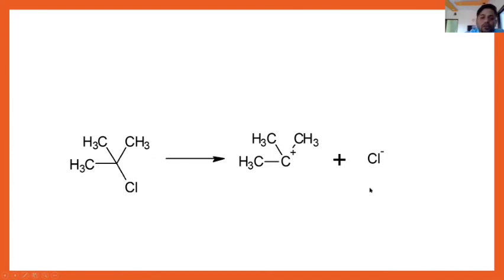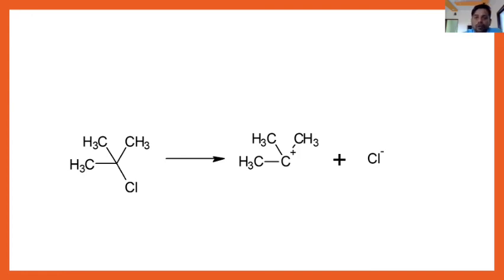Okay, so this is homolytic and heterolytic bond fission. Most of the time in the examination there is a 4 mark question: explain homolytic and heterolytic bond fission. So what we have to explain: homolytic bond fission is a symmetrical bond fission in which the two electrons are divided symmetrically so that each atom gets one electron, and it gives the formation of radicals. For example, when bromine is exposed to light, it gives Br radical plus Br radical.